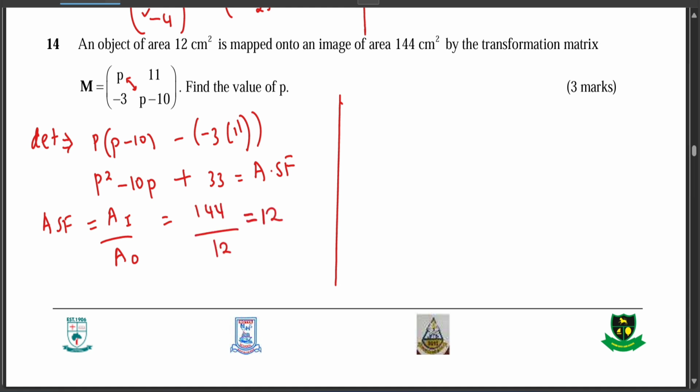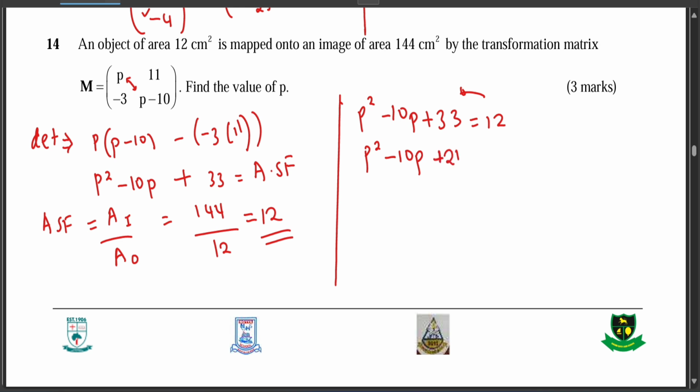It gives you 12 itself. So here 12 now is what you equate to P squared minus 10P plus 33. So hapo andika P squared minus 10P plus 33 is equal to 12. The 12, bring it to the other side of the equation, it gives you P squared minus 10P plus 33 minus 12,